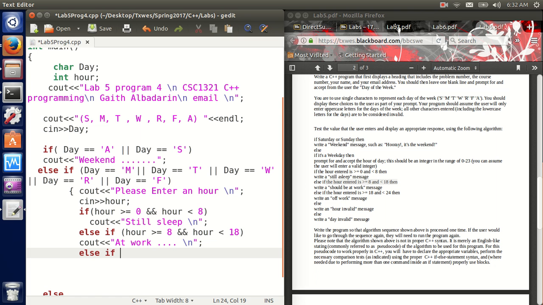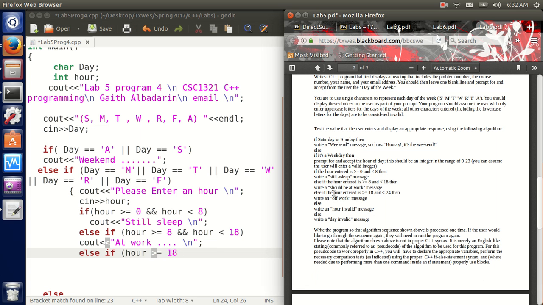Else if hour entered is greater than 18, greater or equal. If you add a space here, it's going to give you an error. I'm doing this now. Else if hour entered